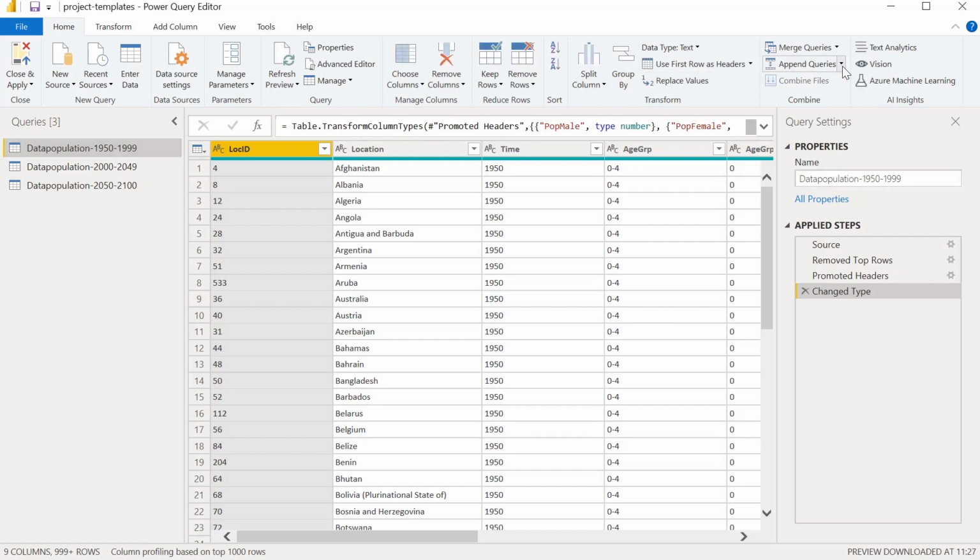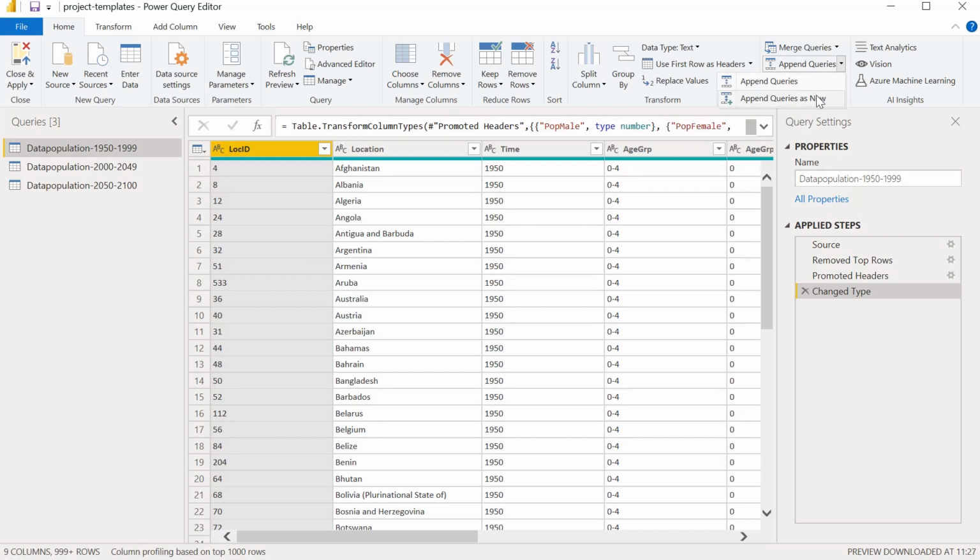There are two options, append queries and append queries as new. Append queries will take the existing table and add the second table into it. This is not what we need as of now.